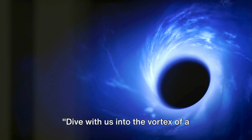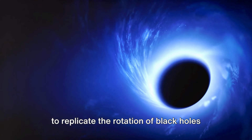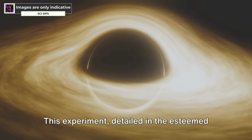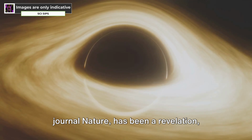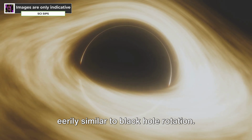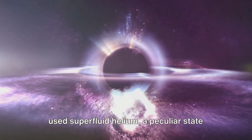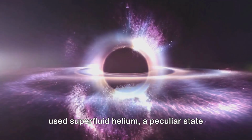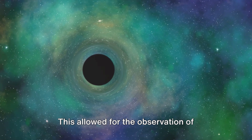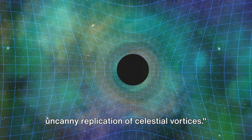Dive with us into the vortex of a groundbreaking experiment that has managed to replicate the rotation of black holes using a superfluid helium vortex. This experiment, detailed in the esteemed journal Nature, has been a revelation, showcasing near-frictionless dynamics eerily similar to black hole rotation. The team at the University of Nottingham used superfluid helium, a peculiar state of matter that behaves like a fluid with zero viscosity. This allowed for the observation of surface waves within the vortex, an uncanny replication of celestial